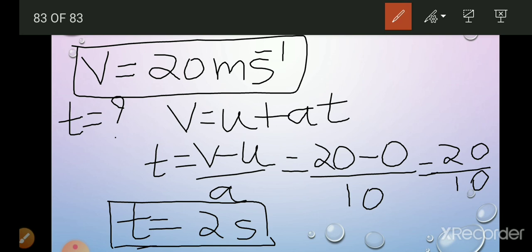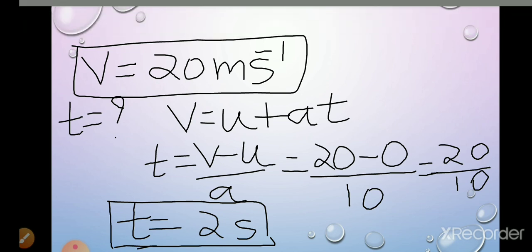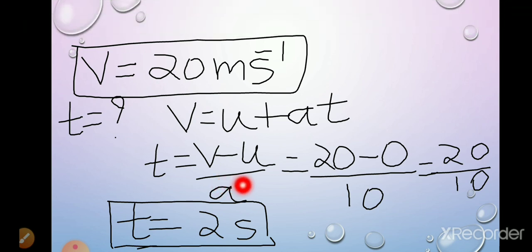Okay. So always, when solving a problem, at last in the answer you have to write the SI unit. Always remember to write the unit along with the magnitude. You can see here, if you write v is equal to 20, no marks will be given, so you have to mention the proper unit. That is, for velocity it is meter per second, for time it is seconds. Okay, time t is equal to 2 seconds. So this is how the problem is solved.